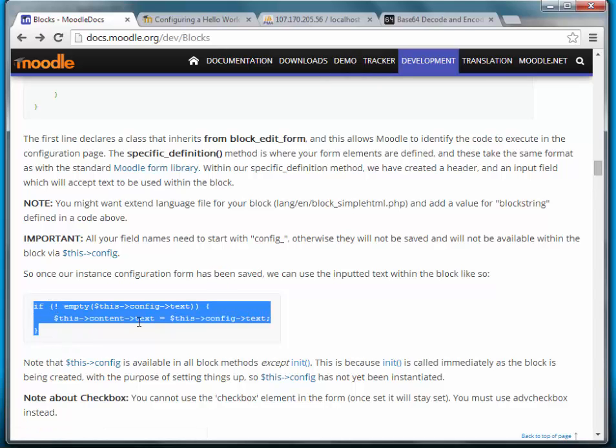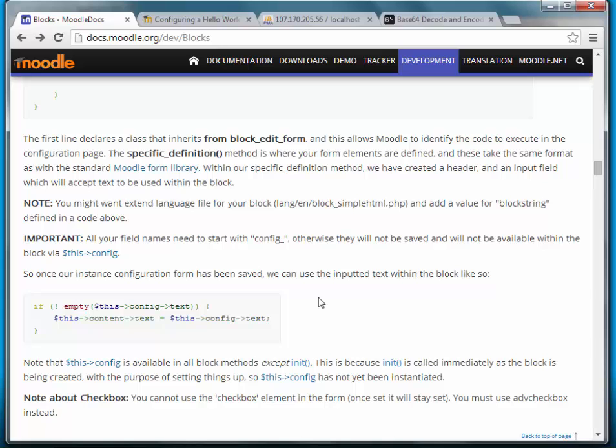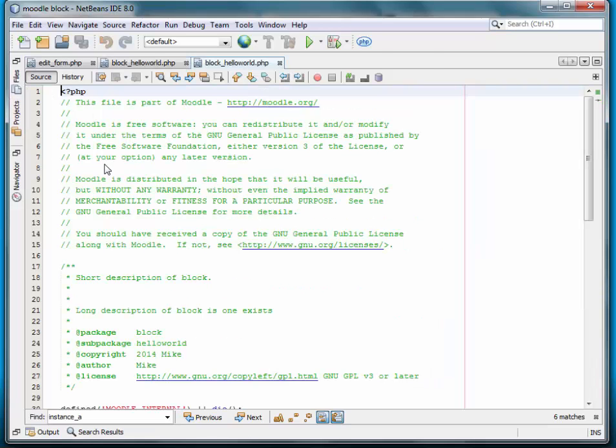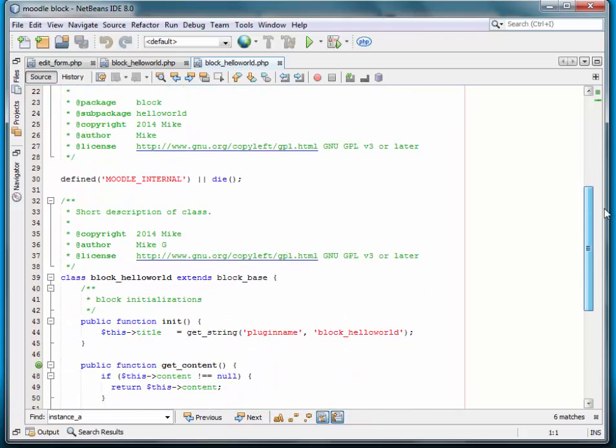We need to check to see whether its value is empty or not. If it has a value, then we're going to set the block's content to that value. So let's go back. Now this is actually in our block class,